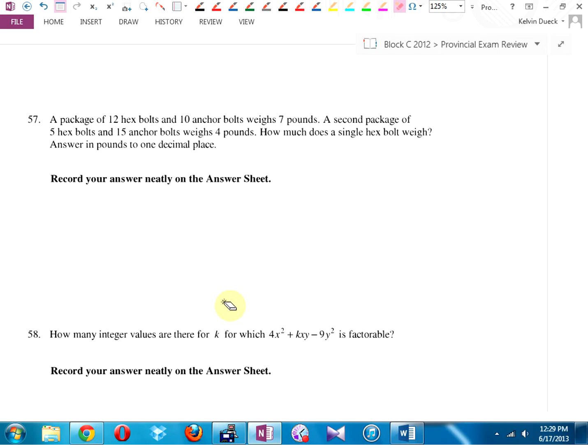How many things have they just mentioned? I'm going to argue two variables, I think. 3 things, but 2 variables. I think there's going to be 2 equations. You could use X for hex bolts and Y for anchor bolts. You know what? I'm going to say, how about